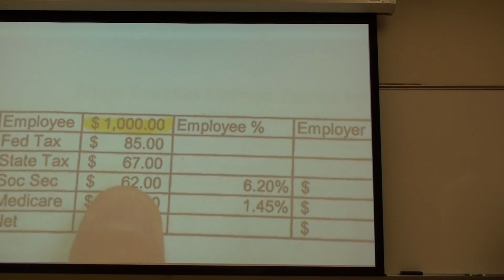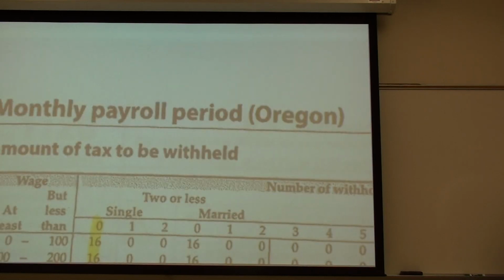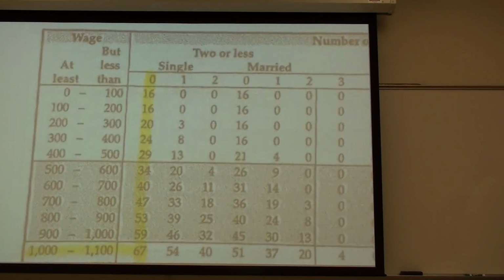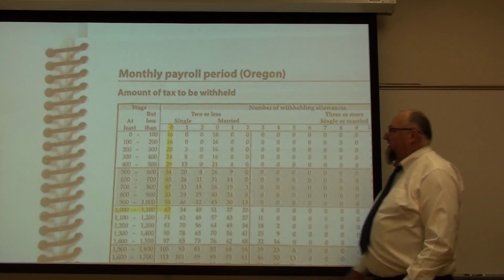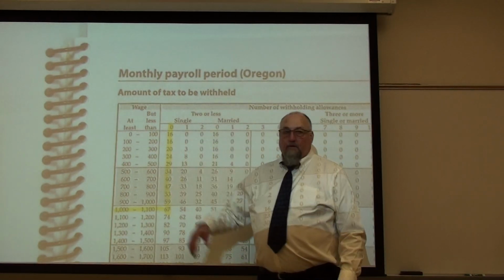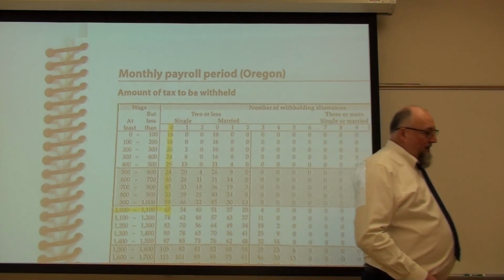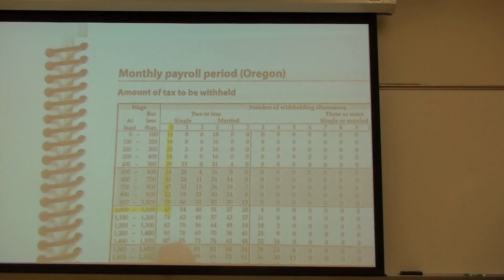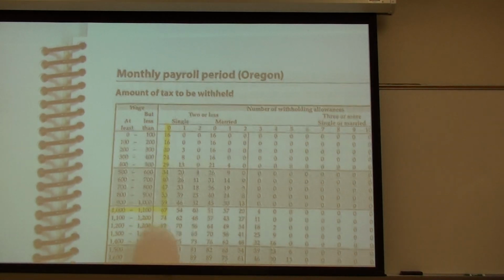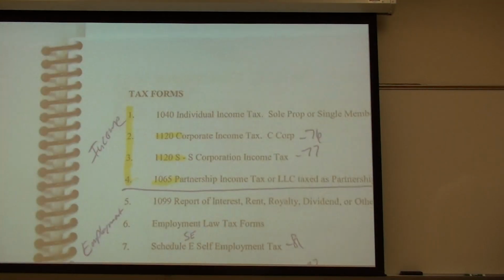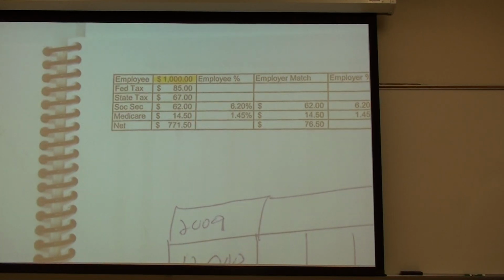Then I have to also do that for state of Oregon. So if you look over here, state of Oregon, same thing. We have our little chart here. We have a person that's not married and they have 0 exemptions that they're claiming, and therefore I will withhold $67. All right. So the next withholding, back to my little payroll chart here,